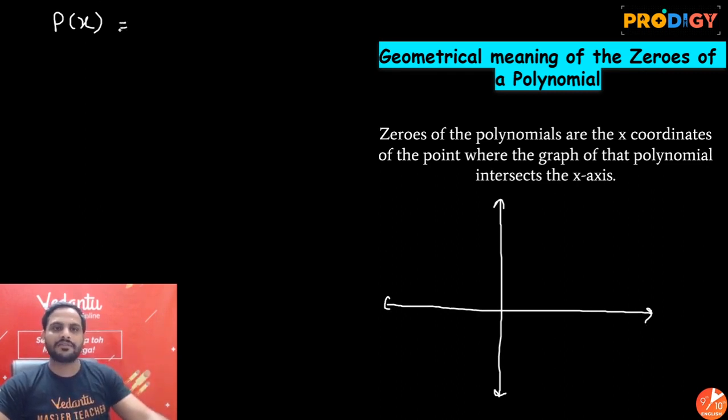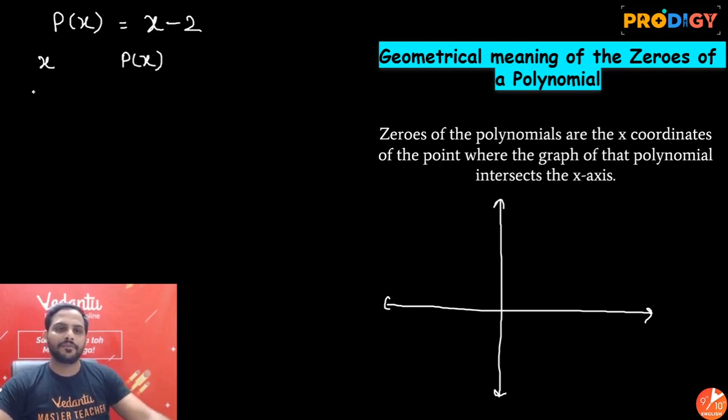So let's say I have given you a polynomial, let's say x plus 4, or x minus 4. Let's put it x minus 4. Or we'll keep the value small only, x minus 2. This is the polynomial x minus 2, and now we will draw the graph of it. So we will find out the value of the polynomial. Here I will write the value of x, and here I will write the value of the polynomial p(x).